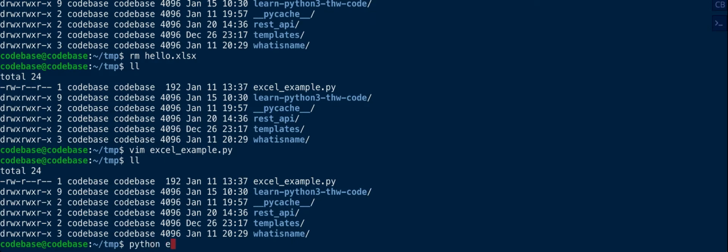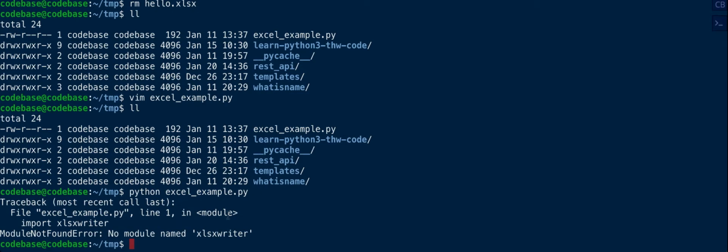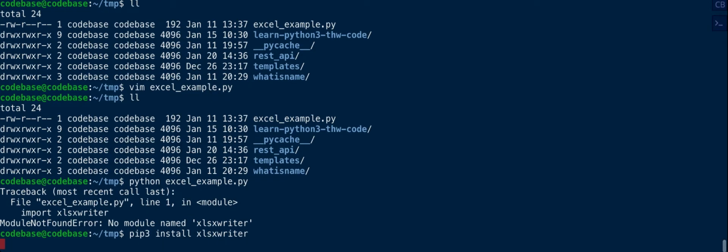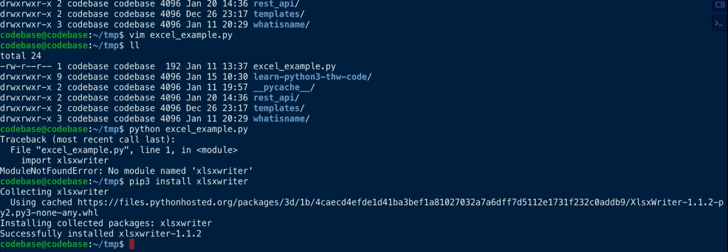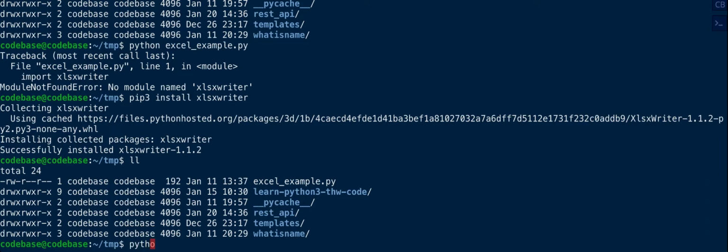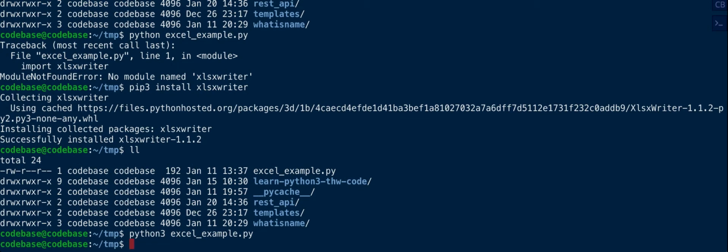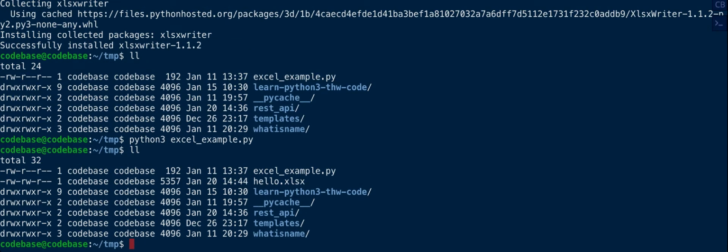And I can do Python Excel example.py. I'll run this, and I need to reinstall this module, so I'll do pip3 install, and then Python 3 Excel example. This creates this hello.xls. Yeah, so that's how you generate Python Excel files, and I'll make another video dedicated to generating